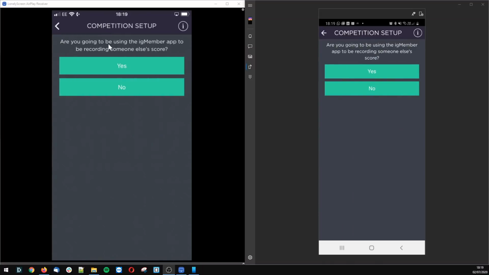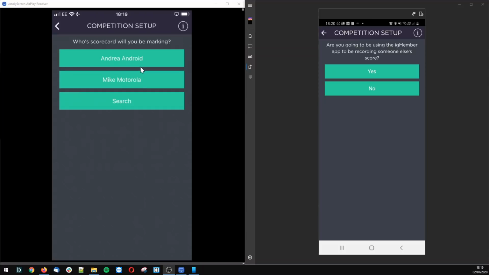And initially we're presented with a screen that says, are we going to use the igMember app to record someone else's score? So if you would like to just record your own score in the same way that you did with version 1 of igMember in-app scoring, then you would select the No button, and then you'd be able to just record your own score and take scorecard photographs just as you have been doing up until this point. However, if you would like to mark someone else's scorecard, you can press the Yes button,